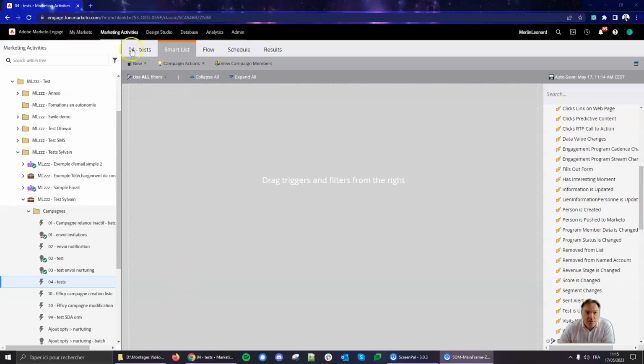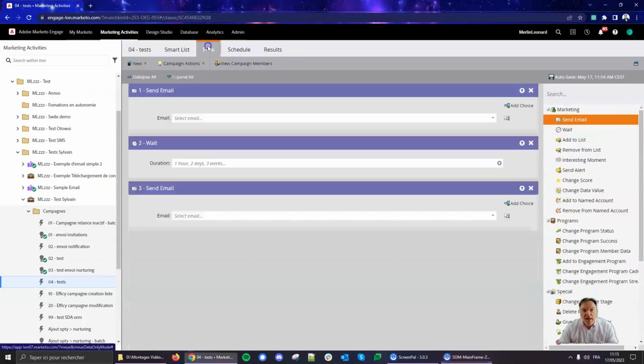I'm in my Marketo, in Marketing Activities, so we are in the heart of the reactor here, and I've created a test smart campaign. So what is a smart campaign? That's the most granular brick you can use in Marketo to create actions, so to target people, whether people in the database who have done something in the past or people who will do something in the future. We'll see that with the trigger, and add some action for those people.